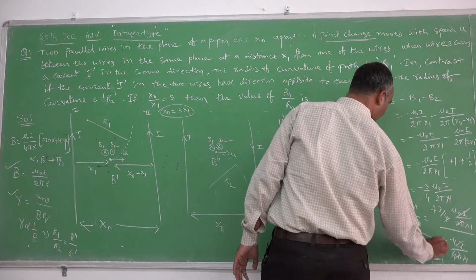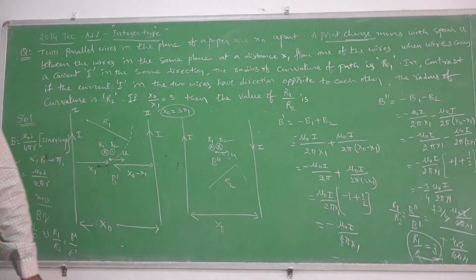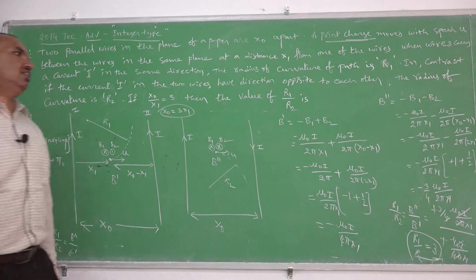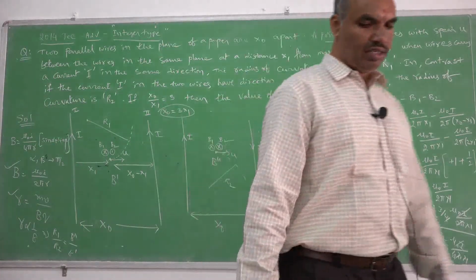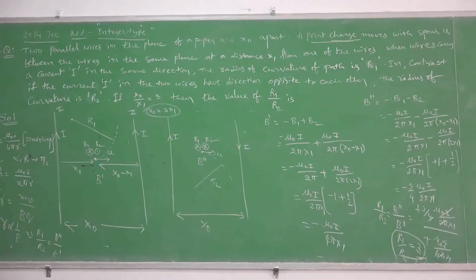So this is the solution for the problem. Very, very simple. Here, the problem looks quite complicated, but the solution is very, very simple. By knowing these two formulae, you can solve the problem very easily. Just make a note of that. Try to solve similar questions given in your book. Okay?